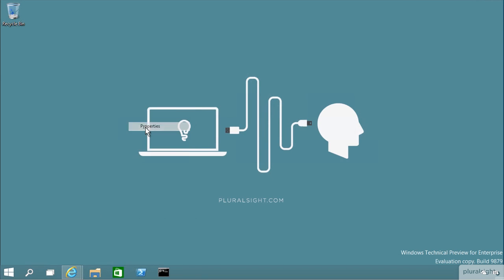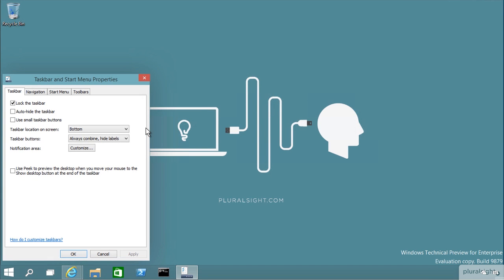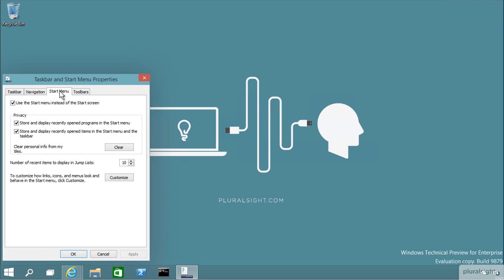Alternatively, if I go to Properties, it brings up the taskbar and Start menu properties, and we can come over to Start menu to see this option. Use the Start menu instead of the Start screen. This means that by default, desktop Windows 10 hides the Start screen completely. You boot to the desktop and you use the Start menu as you normally would. If you do want to use the Start screen, you can simply untick this, log off, log back on, and